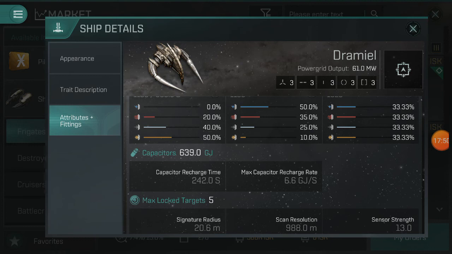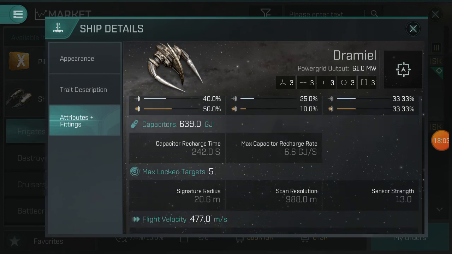Now, with all of these effects put into place, your frigate can move absolutely fast. It has a super fast turning radius. It has a quick acceleration. It has a higher top speed, and it can regain its capacitor a little bit faster. Now, if you're thinking a little bit faster isn't all that much, it only takes 242 seconds to completely recover its capacitor at 6.6 gigajoules, with the bonus of your engineering, which is going to pull it up quite a bit,